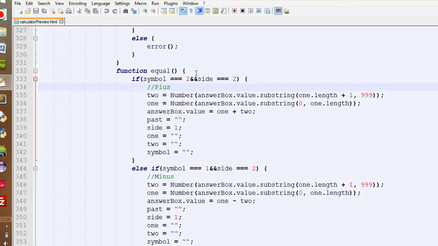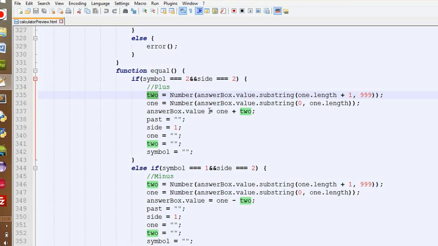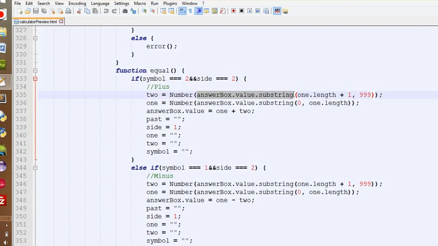So if the symbol is equal to 2, then it knows that it's adding. So the variable number 2 all the way back up there, it turns the string into a number right here, and it's the answer box value, and the substring right here